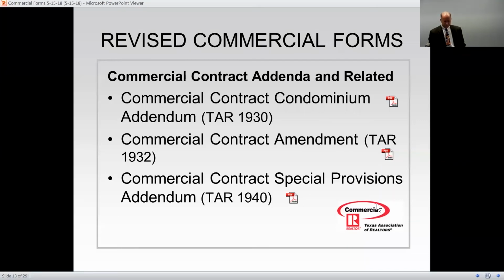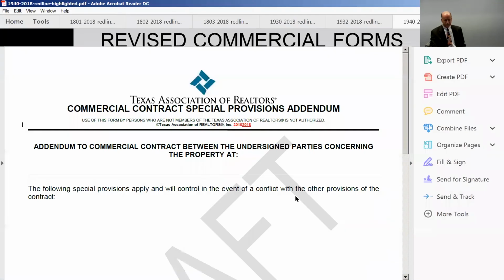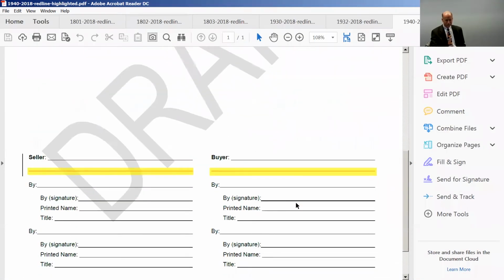The next one is the commercial contract special provisions addendum. Again, just a super minor change. In most of the forms, we've got 2 lines for the buyer's name and 2 lines for the seller's name. In this form, we only had 1. We actually got complaints from people who said, I really do need that second line to get my long buyer and seller names in. So we got that second